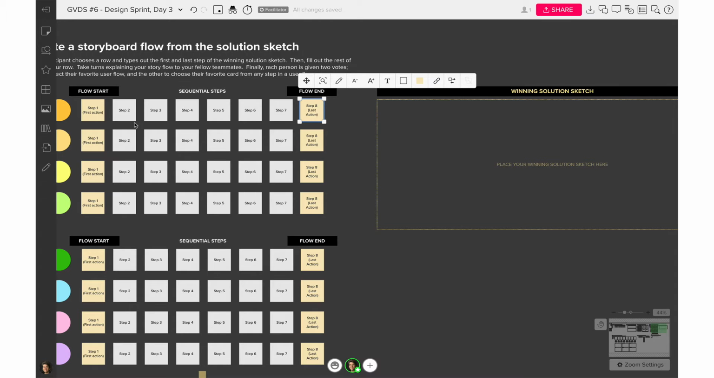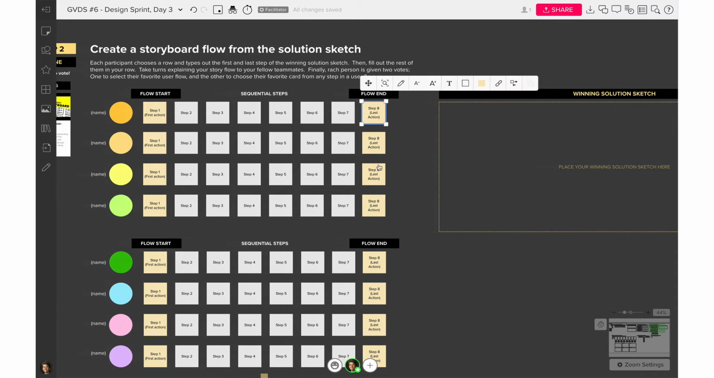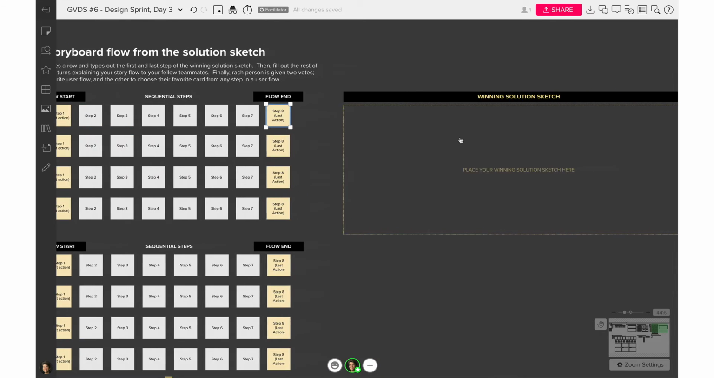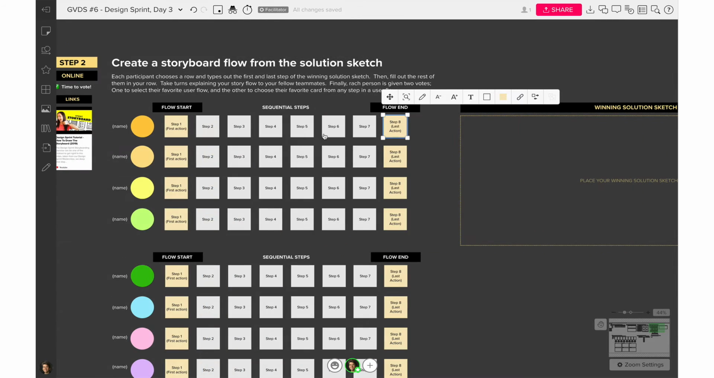Everyone should start from the same start and end in the flow. Then step 2 through step 7 is an interpretation of how people see the solution sketch running. Everyone has their own take. They're going to put their name and their avatar here and then start off with the first step. After the first step, they're going to put their step 2, then their step 3 and step 4 all the